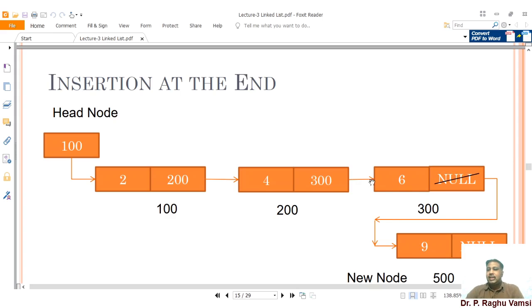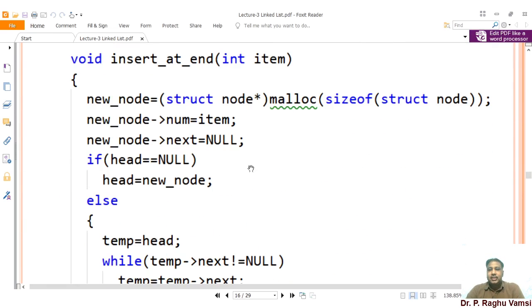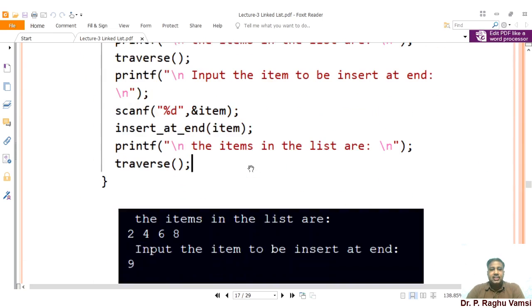So whenever you have to traverse till the end of the list, you use a temporary variable and create the node for that. The last node that you have reached, its next should be the temporary node, or new node, that you have created. So obviously the new node will be attached to the last node. Thereby, the new node that you want to create will be inserted at the end of the list. So this is the code for insertion of the node at the end of the list.